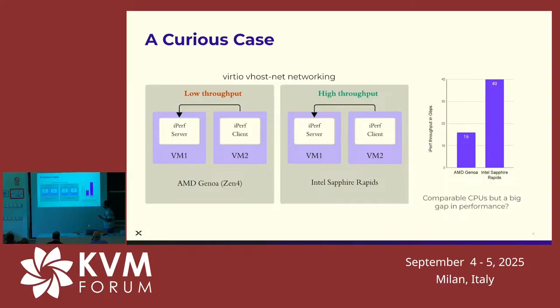So if you can see here, the throughput that we are getting is less than two times of what we get on Intel. By the way, this used the VirtIO NIC. The first resort that we thought of was